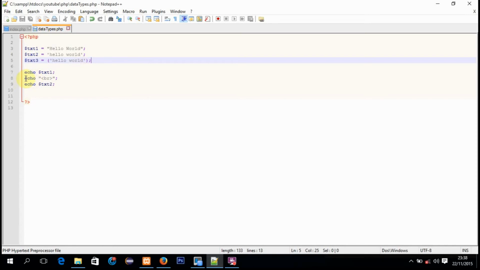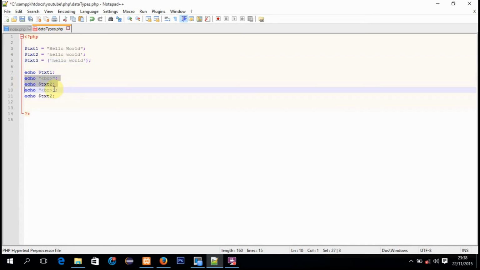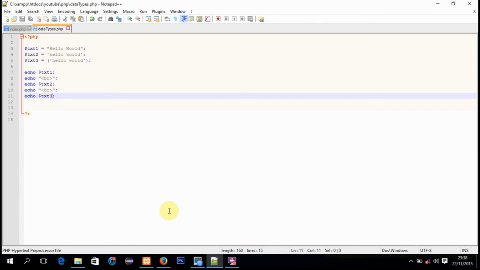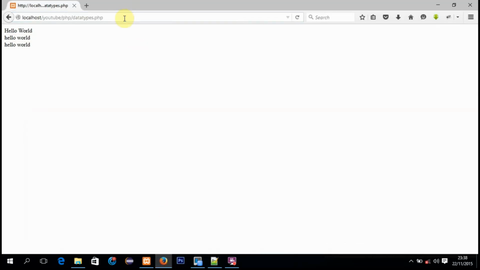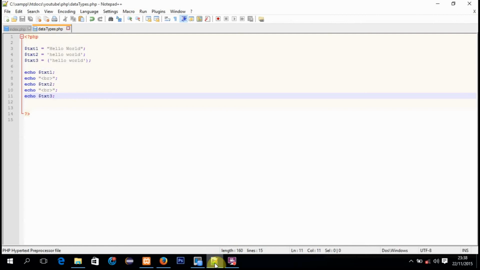Okay, so let's break this and change this to 3. You see it's still going to display the same. Okay, now that we know what string is all about,